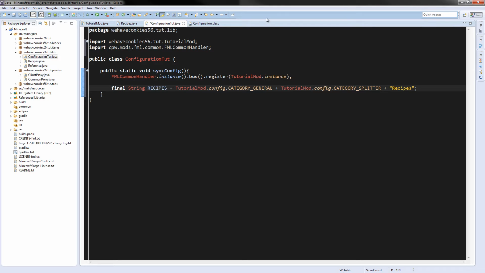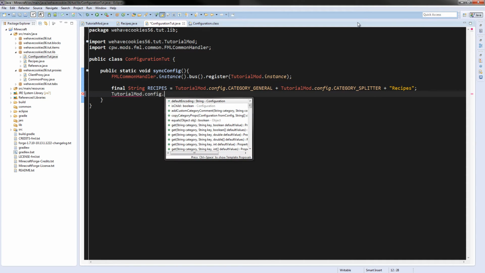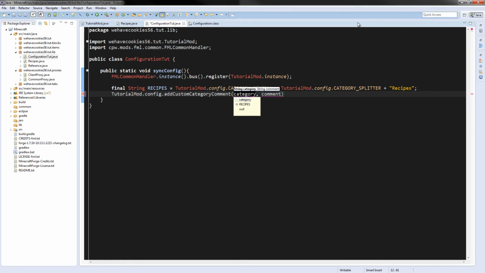So now we have our category. In this category, we essentially just need to put everything, well, we will now register, if you want to put it that way, the category. So add custom category comment. Well, that's not registering it, but whatever. When you put the mouse over it, it will show up a tooltip saying whatever this is. So this will be the recipes one,